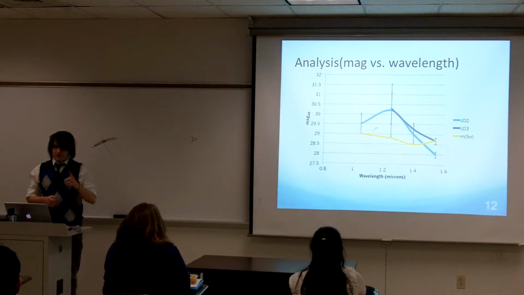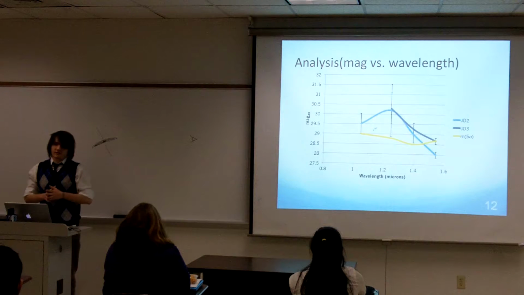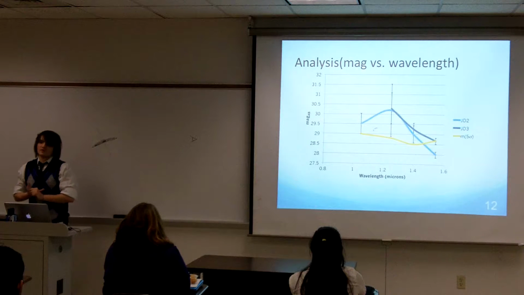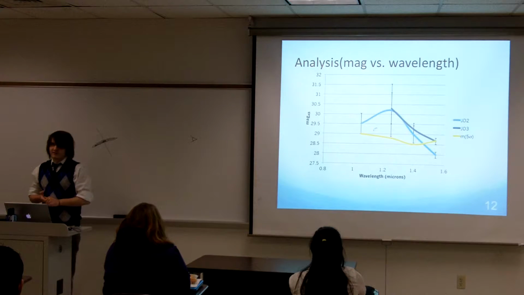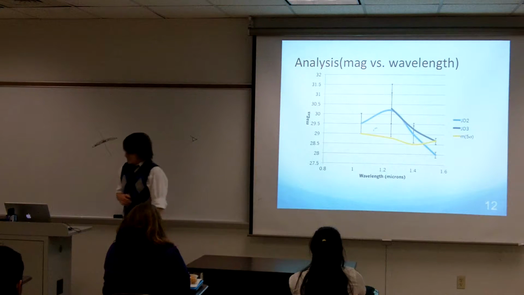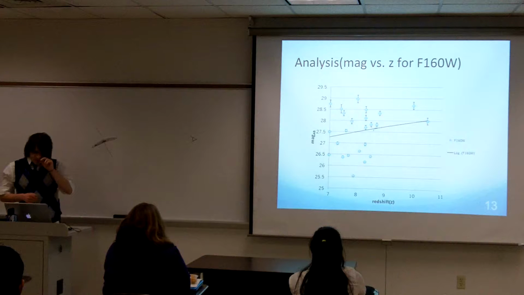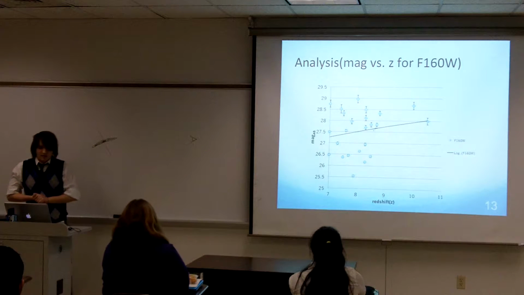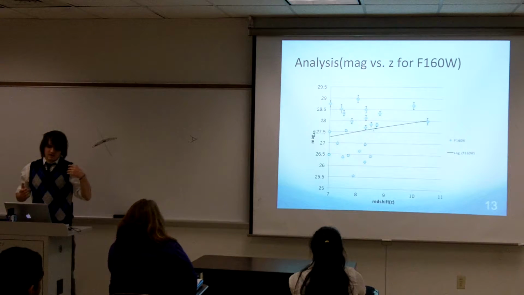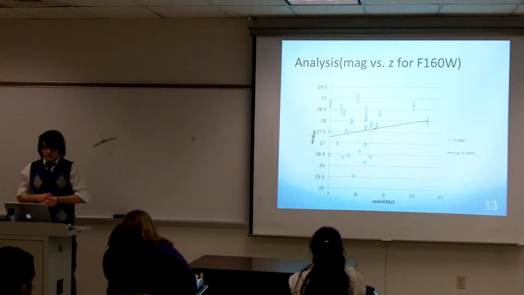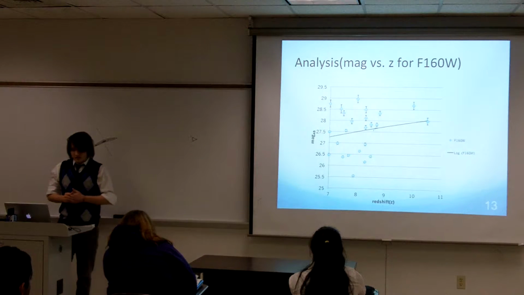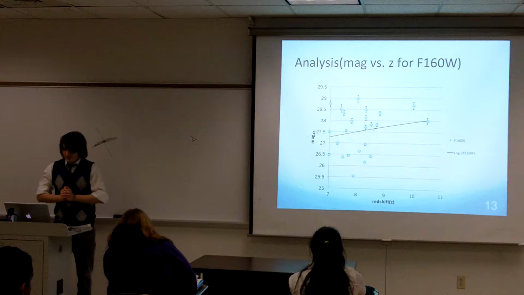So I took the optical wavelength to observe the galaxies at to be the 160W, or 1.545 microns, which is that last point at the end. So once I figured out the optical wavelength, I graphed the magnitudes for the rest of the galaxies in that filter versus the redshift. And this is where I kind of got a little bit confused, because